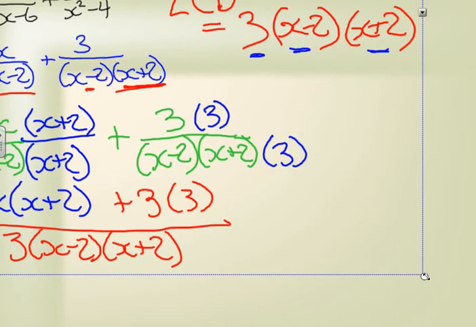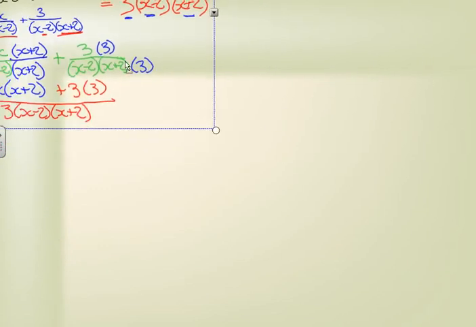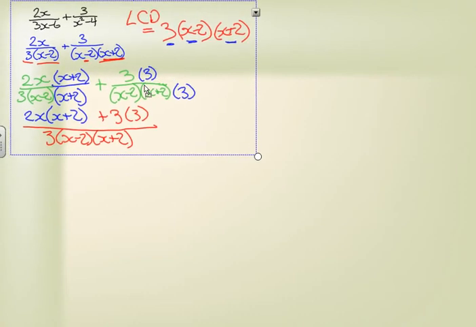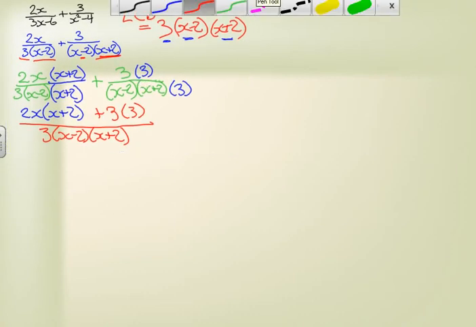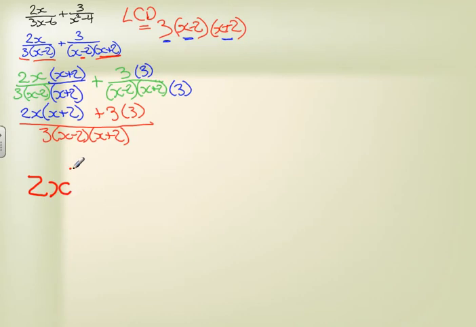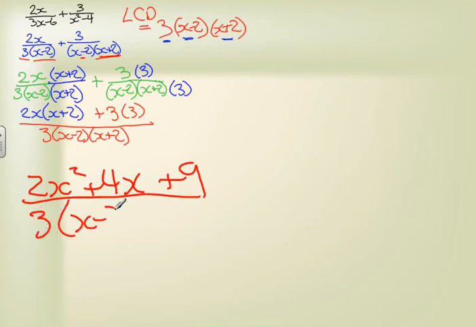I'm going to multiply that out. So I end up with on top 2x squared plus 4x plus 9, all over 3 times x minus 2 times x plus 2. There we have the finished answer. Now you probably want to simplify that. It can be simplified, but I've run